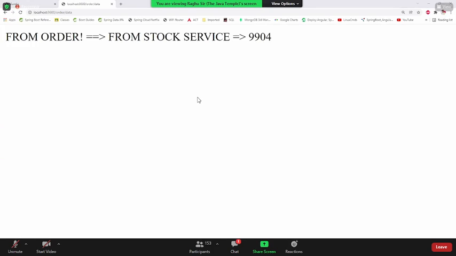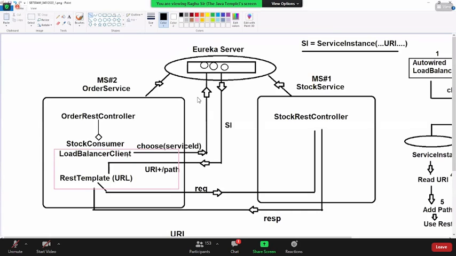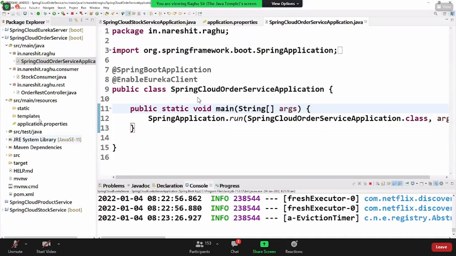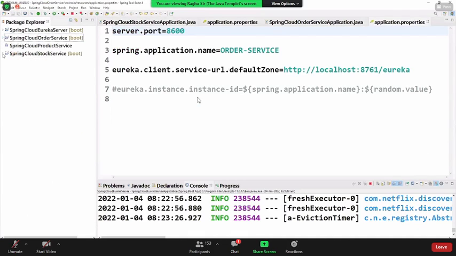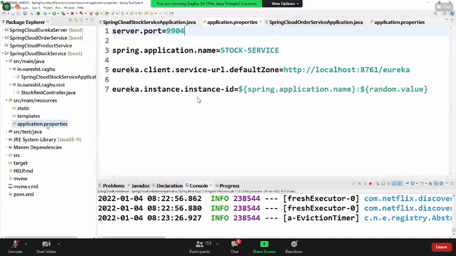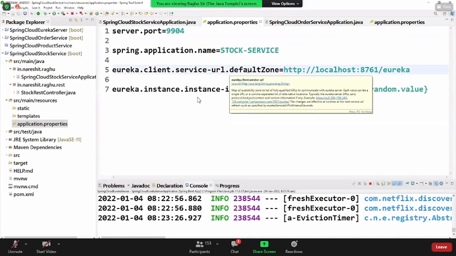Load balancing actually means choosing a different instance every time, one which has less load factor. In real time, we need not change the port number, we can change the IP address. Very simple. The combination of IP and port should be unique.